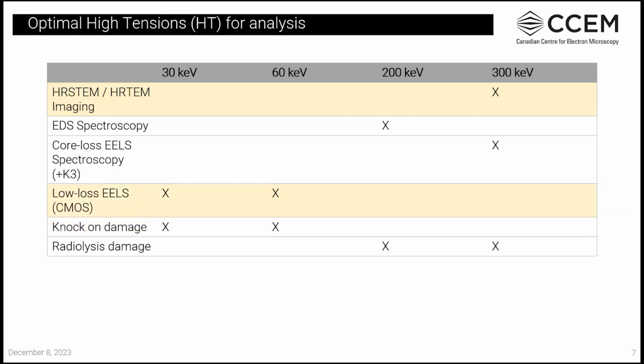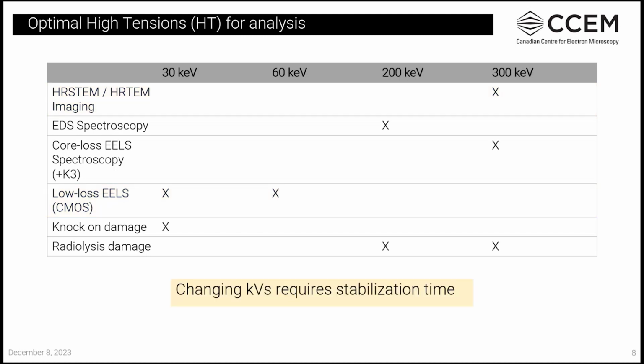And then something else could be, say you're doing monochromated work, as I said in the example before, and now you want to switch to high resolution imaging to examine the quality of your crystal, say. So you need to switch to 300 kV. I'm sure many of you have had similar thoughts along these lines. And in the, I would say, olden days, you had to change your kV,